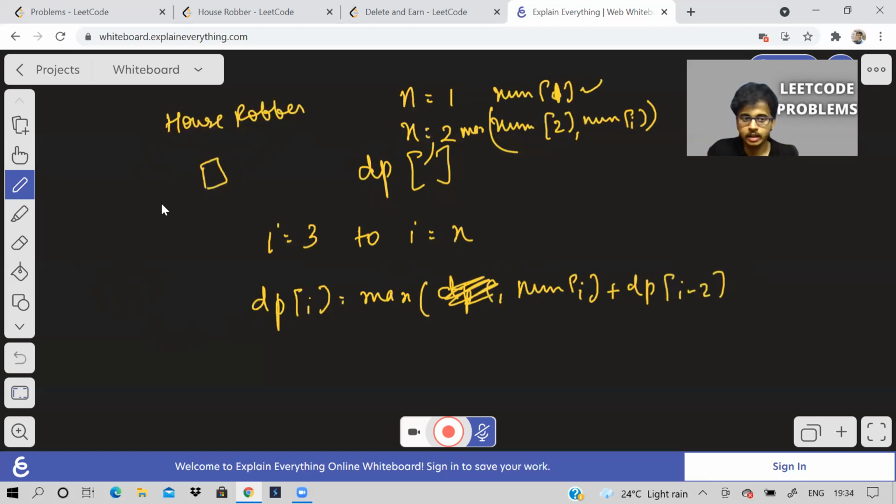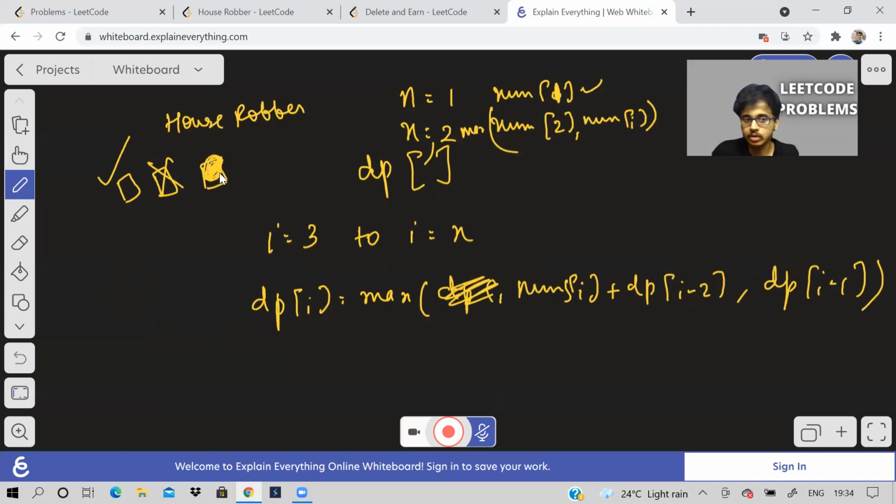If there are 3 houses here and I'm currently here, if I take all the amount from this house, I can't choose this, I will choose this. So that is why it is nums of I plus DP of I minus 2, or I will take DP of I minus 1 only, whichever is greater.